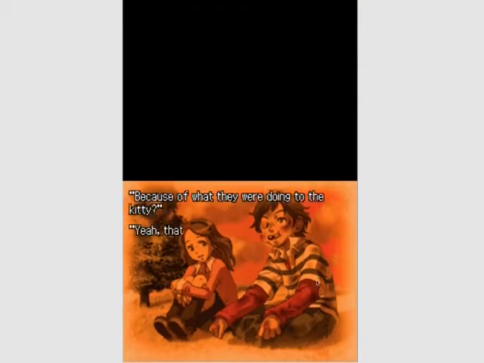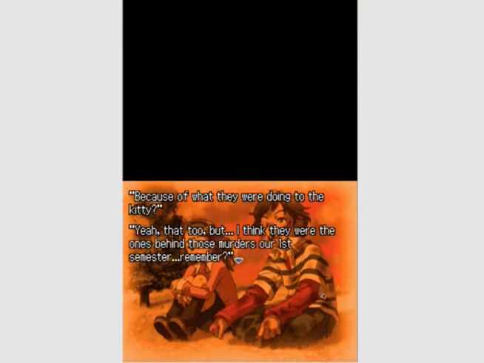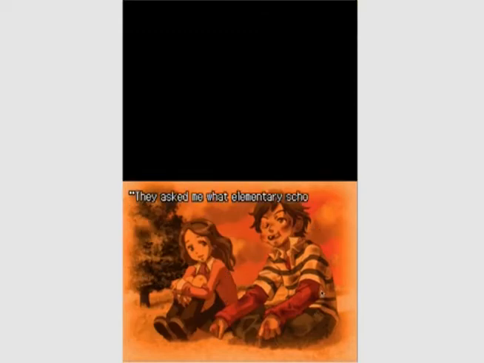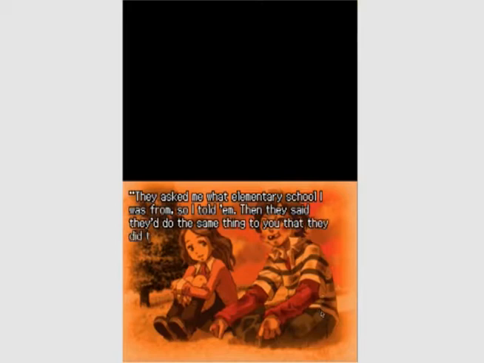Because of what they were doing to the kitty? Yeah, that too. But I think they were the ones behind those murders our first semester, remember? Oh, you mean the bunnies? Yeah, the bunnies. He plucked some of the grass from the ground and tossed it into the wind. They asked me what elementary school I was from, so I told them. Then they said they'd do the same thing to you that they did to the rabbit. I couldn't forgive him for that, so I...